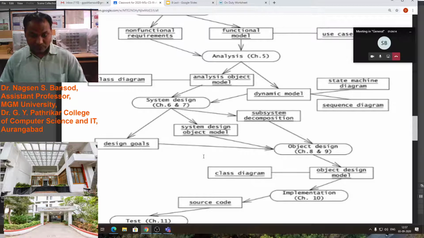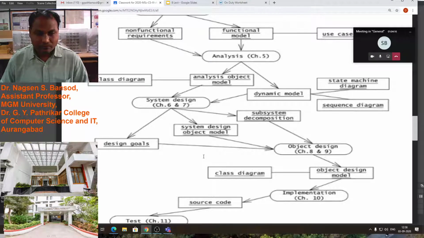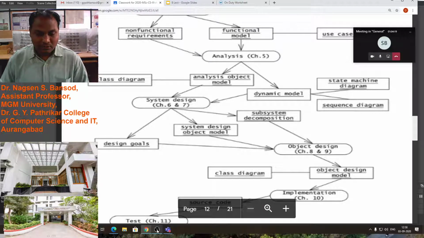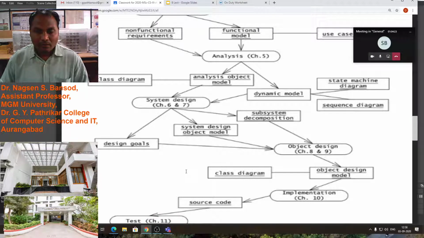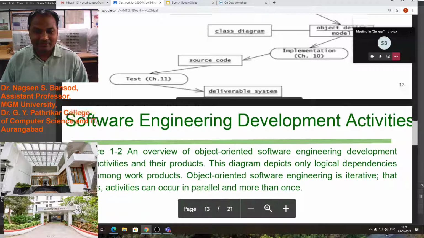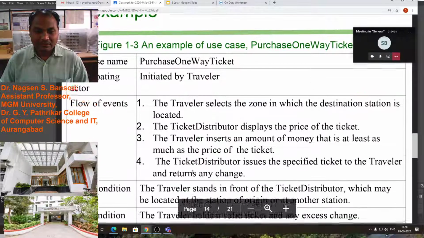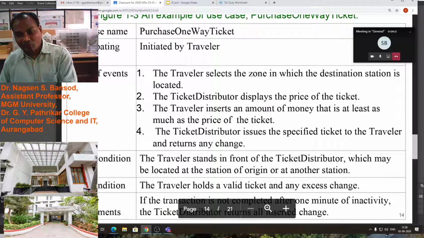Swati, do you have any question? No, sir. Do you understand object design, object oriented software engineering? Yes, sir. System, subsystem and object.